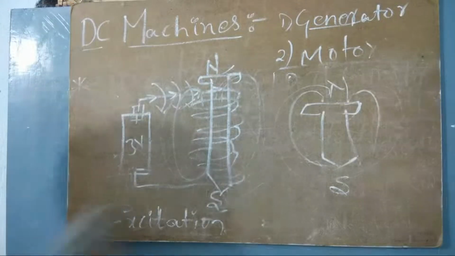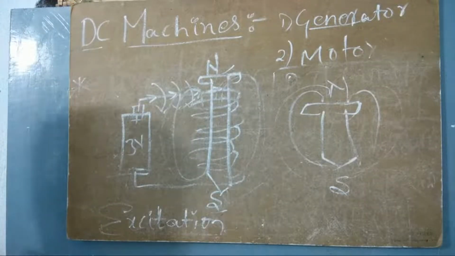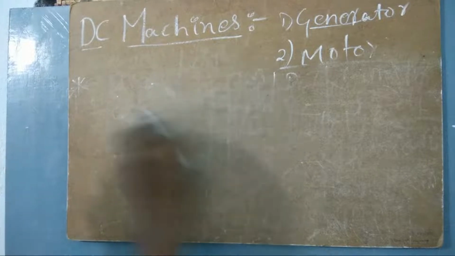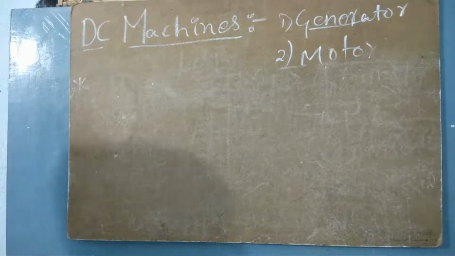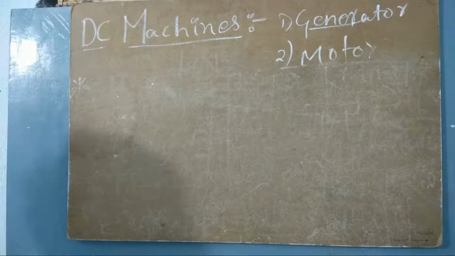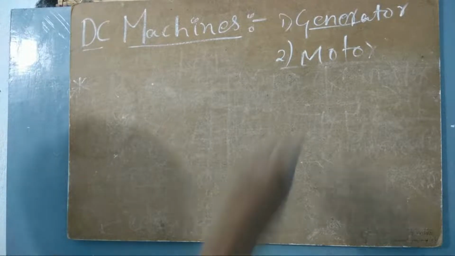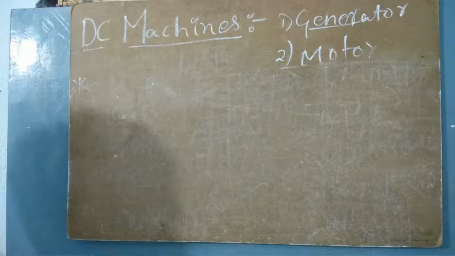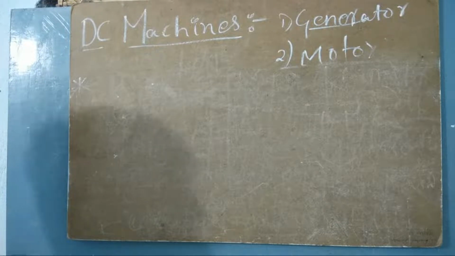Shall we go with the classification now? I think you have got some idea on how an electromagnet is made. Let us now have a look at motor classification. You know how a motor works, this I have told you. I'll go deeper into it because we cannot simply take one motor and say all things, but we have to go with each and every motor. The kinds of motors we have are different, so let us look at each of the motors.